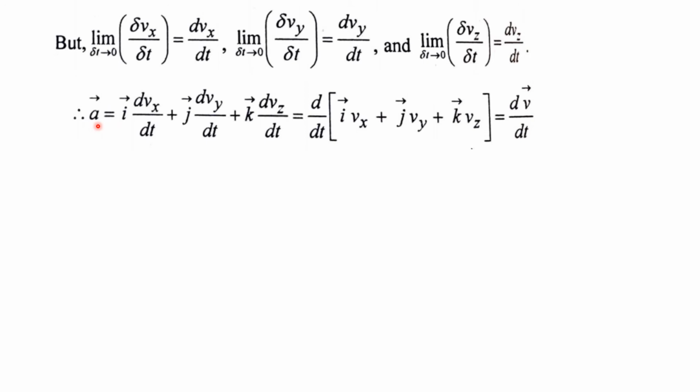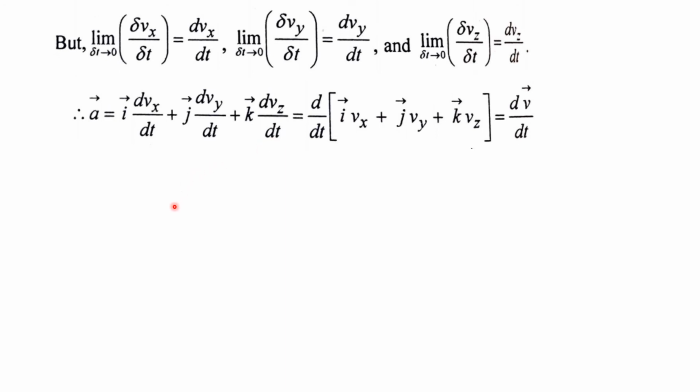This is the acceleration. But that acceleration term we can also find in terms of its components, the x component acceleration, which we write as i ax plus j ay plus k az. But how do we write this equation? See here, the first term represents dvx by dt. What is dvx by dt? This is the x component of acceleration, ax. dvy by dt is the y component of acceleration, the rate of change of velocity along the y-axis. Similarly, the rate of change of velocity along the z-axis is dvz by dt. Therefore, this is the az component.